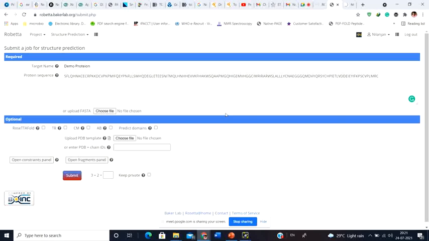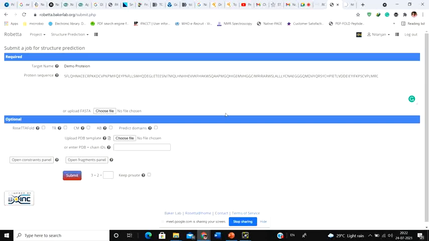So if you want to solve your protein structure, and you know that your protein doesn't have a homology model, it doesn't have any homologous protein, and this is a completely novel protein, then obviously you can select the ab initio method. It's only if you are sure that your protein doesn't have any homologous protein, and since it's your protein, nobody will know better than you, right?